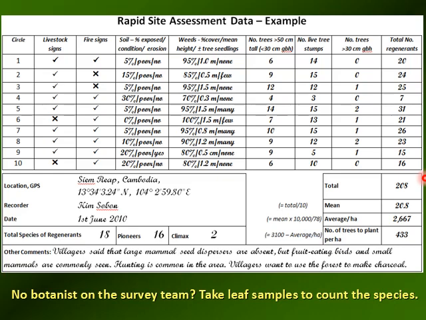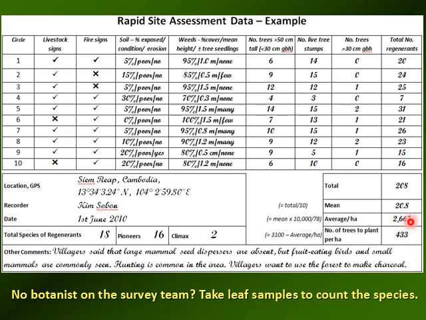This is the number of natural regenerants in 10 circles, 208. So there's a mean of 20.8 natural regenerants in each circle. The circles are 78 square meters, and a hectare is 10,000 square meters. So if you multiply it up, you get an estimated figure of